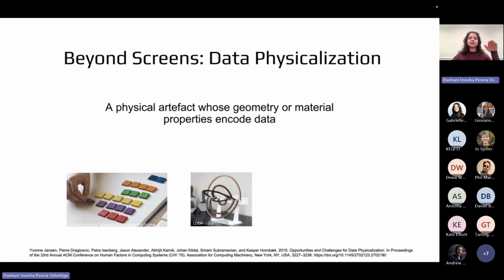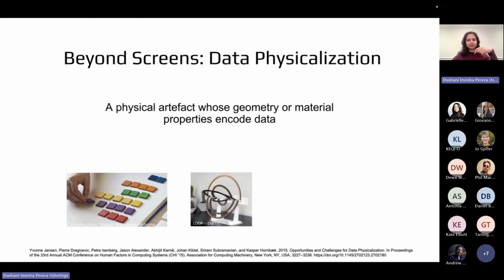Another way is to use data sculptures. Data sculptures are a more artistic way of using physical objects to show some data. Now, these can be used mostly for household environments, office spaces, libraries, where the aesthetic quality of the object actually matters.